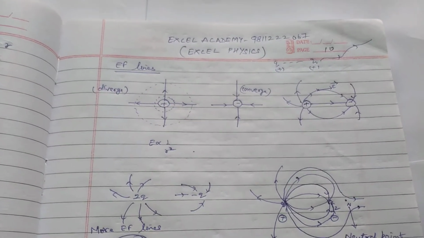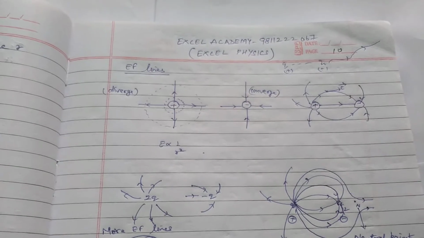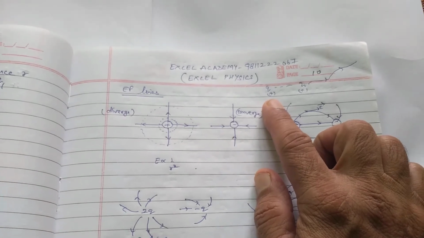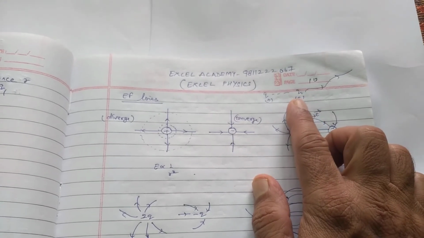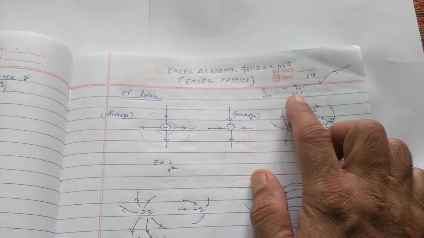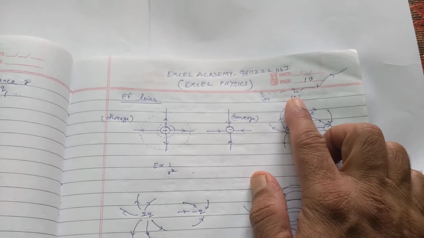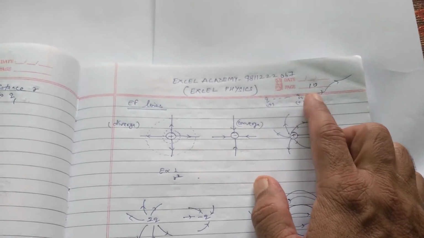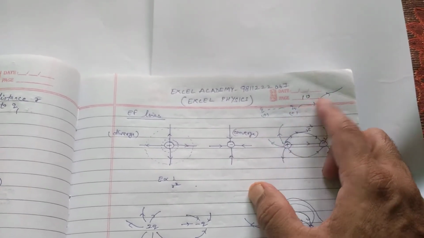Today I am going to explain the concept of electric field lines or lines of force. As we already know, the given charge is going to interact with the test charge. If the given charge or source charge is positive, then this test charge is going to suffer repulsion. And when it suffers repulsion, it will definitely move away from this source charge. And while moving, it is going to follow a certain path.